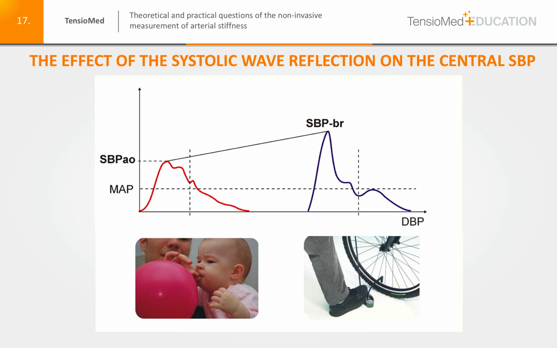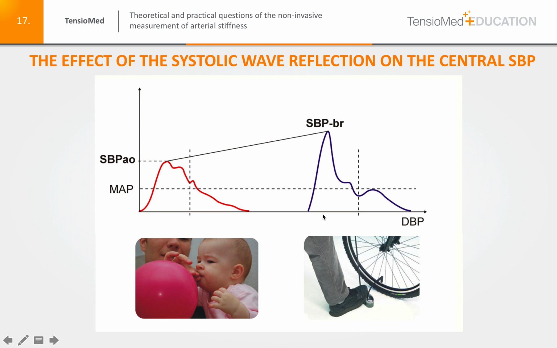What about the effect of the systolic wave reflection on the central systolic blood pressure? As I mentioned, physiologically, the central aortic blood pressure is much lower than the peripheral systolic blood pressure, due to the difference of the structure and the characteristics of the aorta and the brachial artery. In the normal case, the aorta is very soft. Thus, to increase the diameter, a small pressure is enough, and like a balloon, it can be blown up by